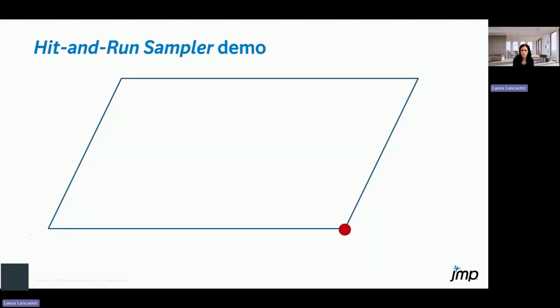We find the initial feasible point using phase 1 of a linear programming algorithm. This initial point is actually on an extreme point of the constrained region, but we need to get inside the interior. So now we generate a random feasible direction from this point. Then we find a random feasible point along this direction. Once we do that, we have our starting point that is inside the interior of the constrained region, and we